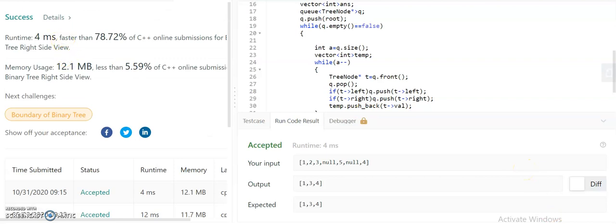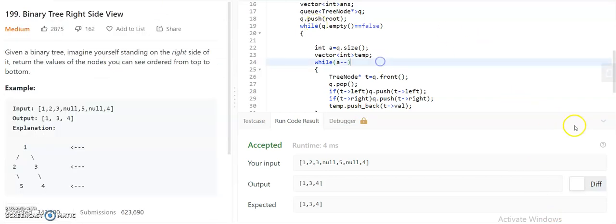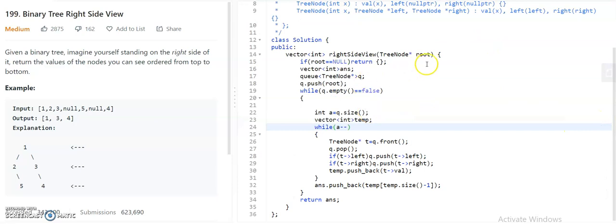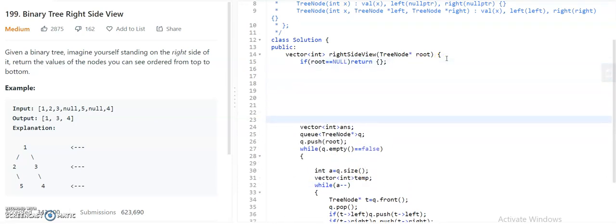Let me explain it again in a clearer way. First, initially I have 1 in my queue.